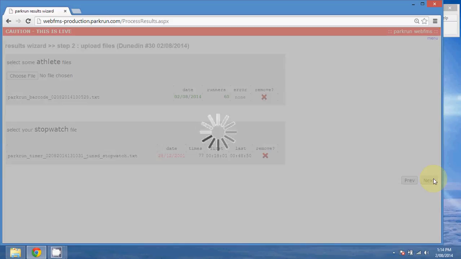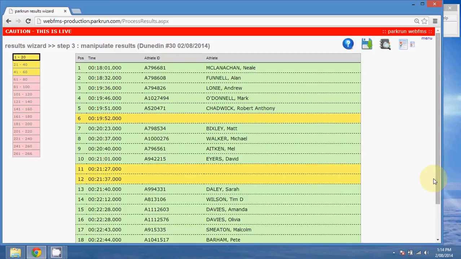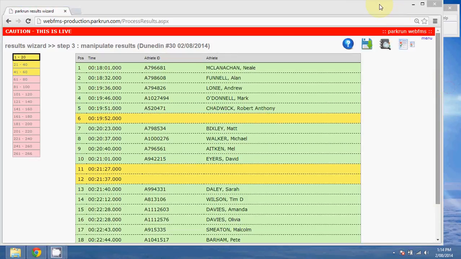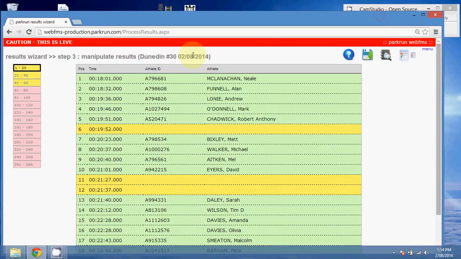This is where it collates the two, and now I've made an error here, so I'll show you what we've done. So basically each of these boxes here shows the runners, so 1 to 20, 21 to 40, 41 to 60. Now the reason we only had 77 runners today, and the reason it's going up to 266, is because we've lost position tokens